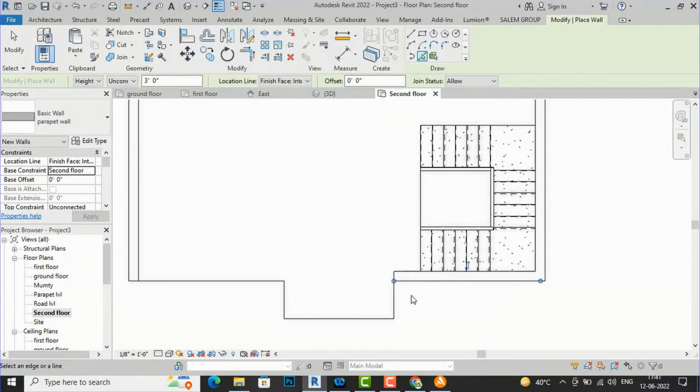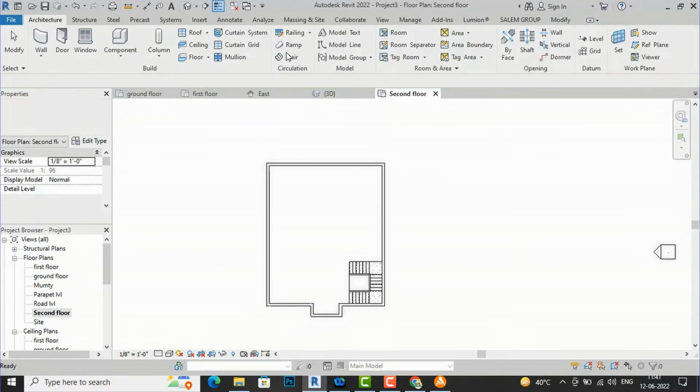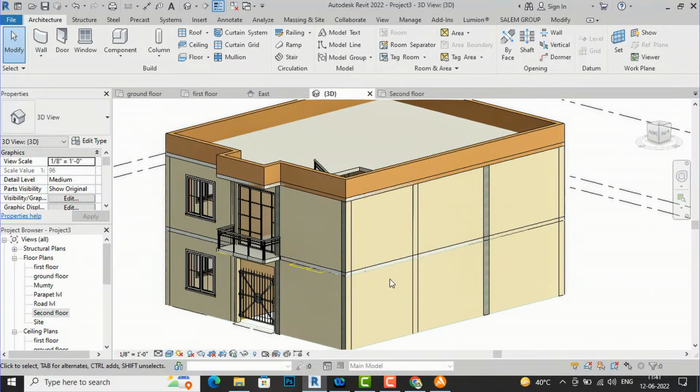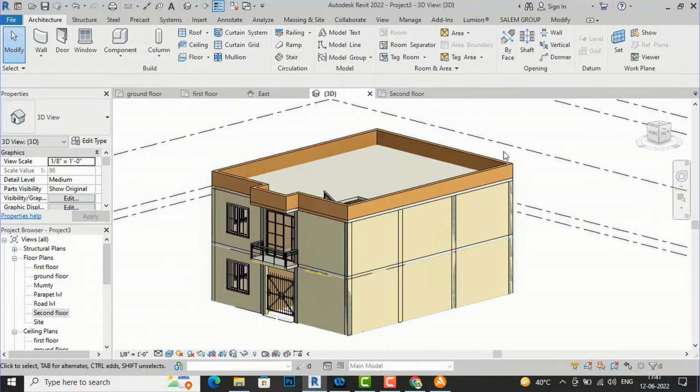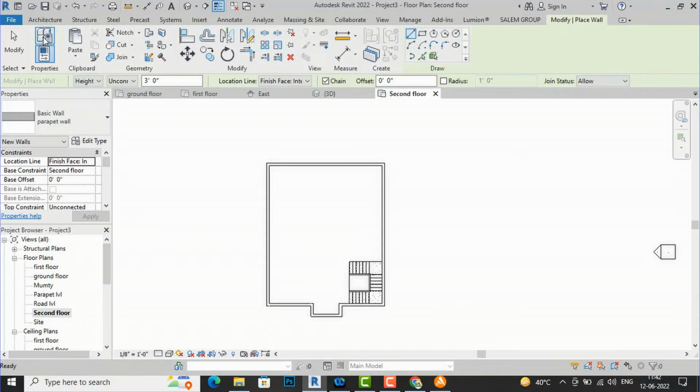And now I'm going to trace this wall, and we'll go see the progress in preview. This is our parapet wall, and now the next thing is that we'll create a mumty here. So I'm going to create a mumty. I will go to second floor, and I will go to my wall,